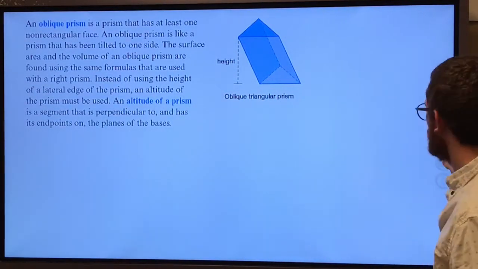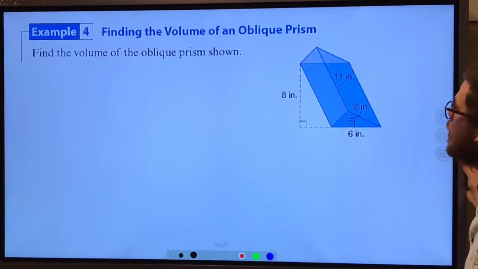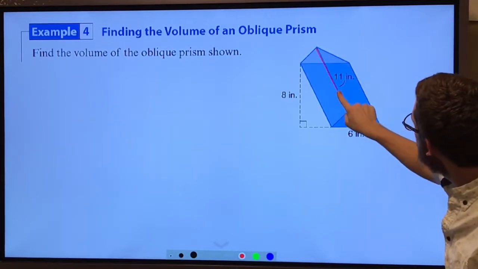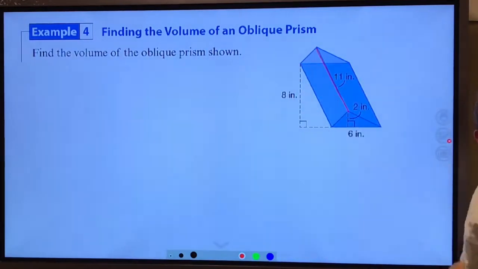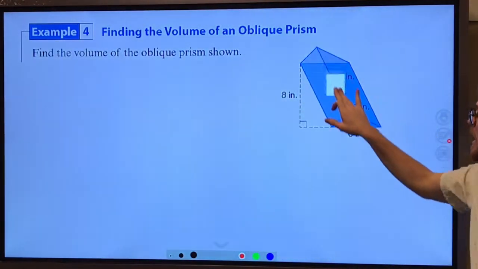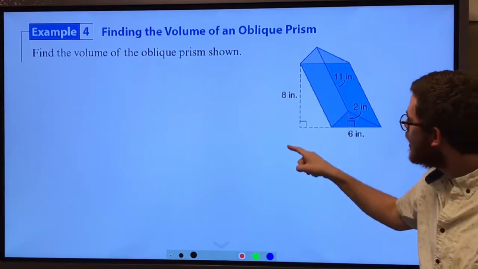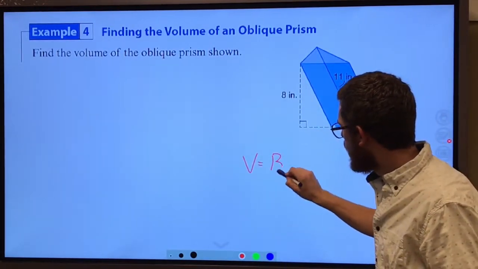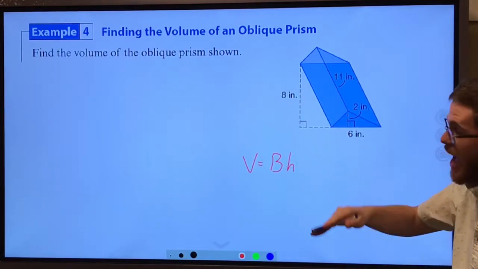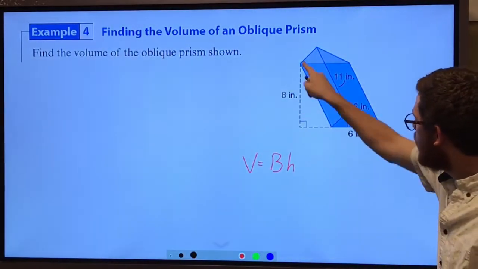that altitude. Okay, so here I want to find the volume of this oblique prism shown. Now notice how 11 is information we don't need. This is that slanted height. We don't need that actually, because we have the actual height. The volume of a prism is going to be the area of our base times that actual height, the altitude,